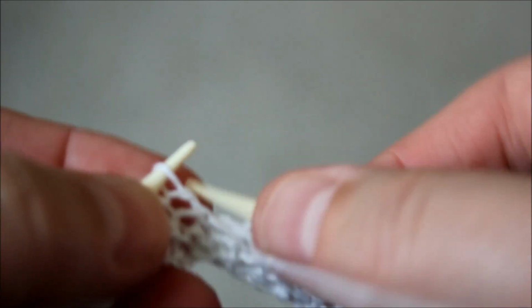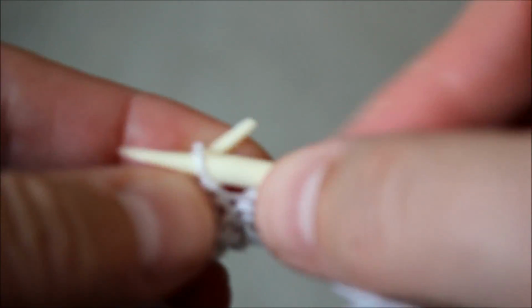now 2 stitches holding the shawl. So we don't have to hold anything anymore, because those 2 stitches are strong enough. So we're just purling, yarn on the front, purling,